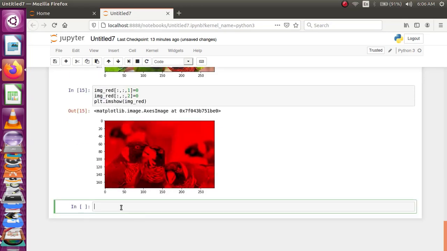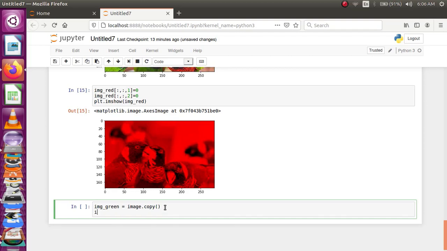Similarly, if you want only the blue channel information, then you have to make a copy of the 3 channel image. For example, now I am trying to display only the green channel. So what do you have to do? You have to make all other channels 0. So in this green channel image, I am retaining all the information of the green channel and making the red channel 0.